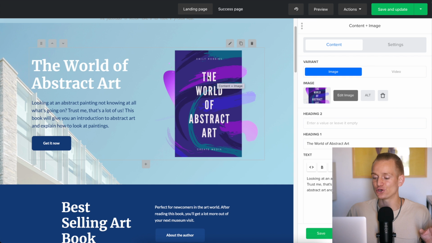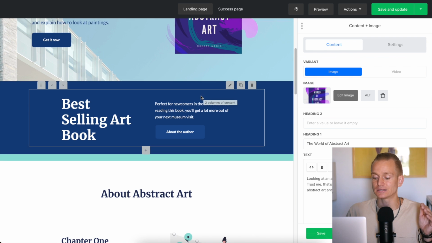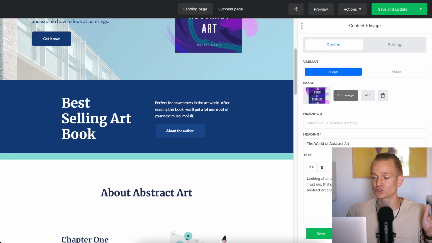But basically, as you can see here, I can change the image and all of that, but I can't really adjust too much. And this is what most of the email marketing softwares out there are going to be like, or even worse than that. MailerLite, I would say, is pretty good in terms of other email softwares.